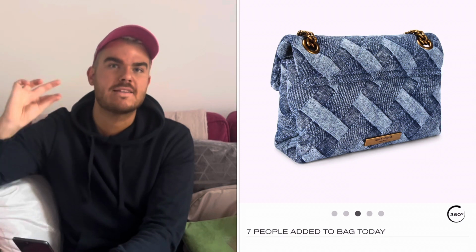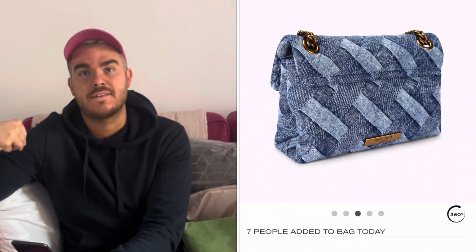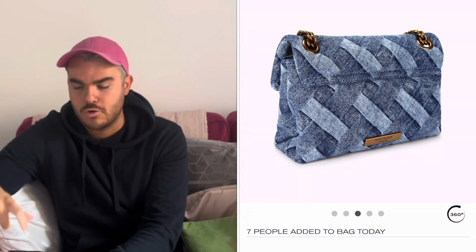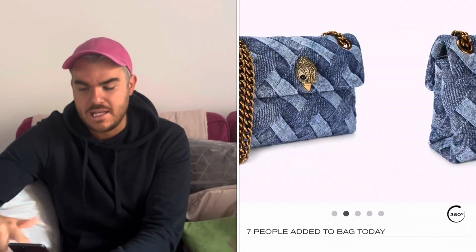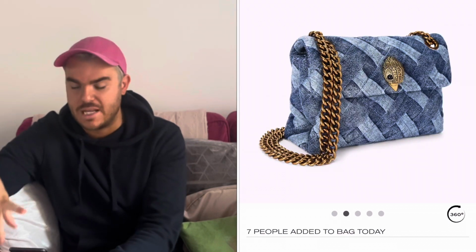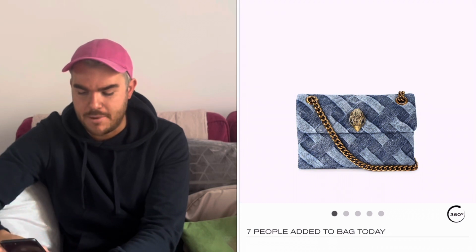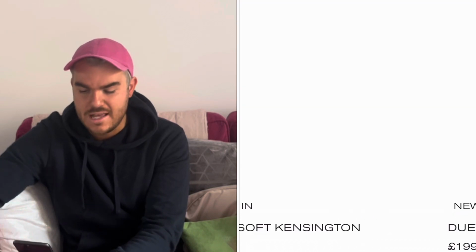What's great with these as well is they have the 4 grommets, so you can do them doubled up on your shoulder as a little shoulder bag. You can long shoulder them, or you can crossbody them. Or sometimes what I've done with mine, I don't have a mini. Do I have a mini? Yes, I do actually, but I've not used it for this purpose. What I've done with my Kensingtons is I have at times just tucked the chains in